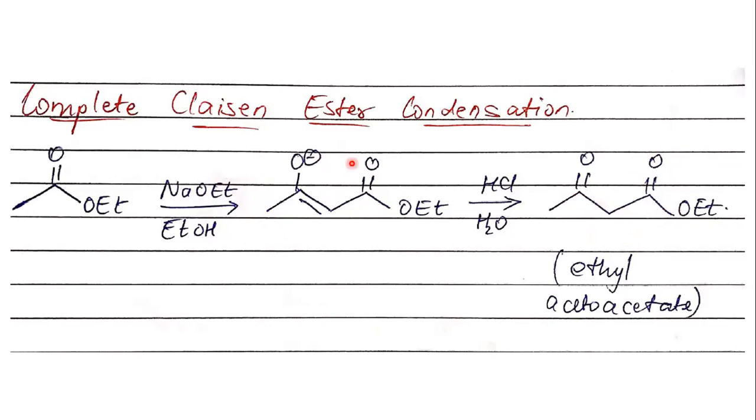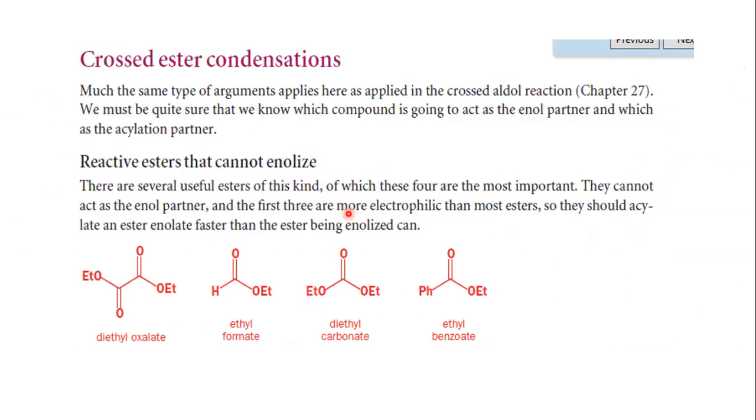The critical step here was your irreversible deprotonation that actually drove the reaction ahead. I hope you remember that. So before we go into Dieckmann reaction, I would like to revise a little bit about these four esters in particular, which we saw yesterday. The common thing in all these four esters was none of the four have an alpha hydrogen. So none of these four will behave as a nucleophile. All these four will behave as an electrophile.